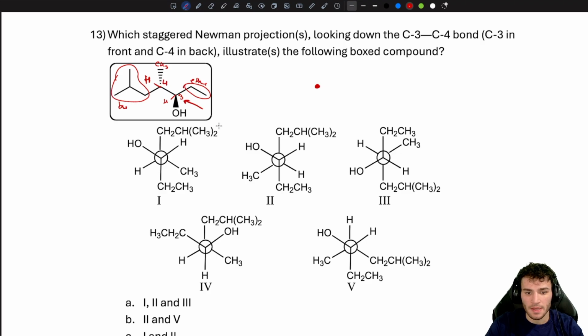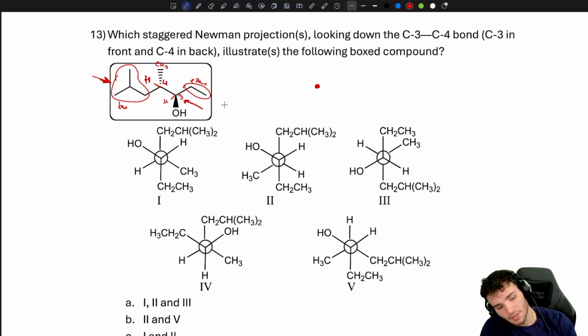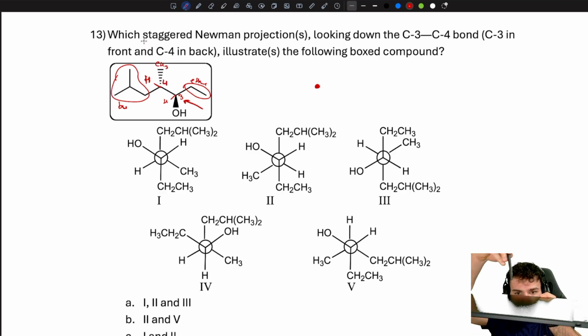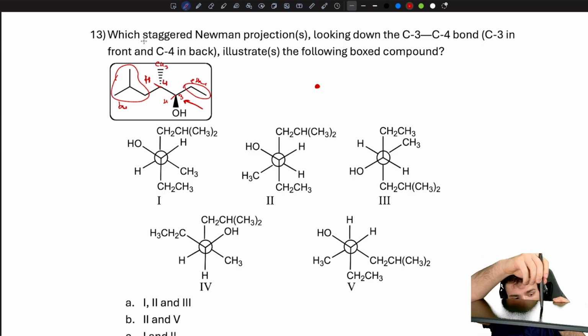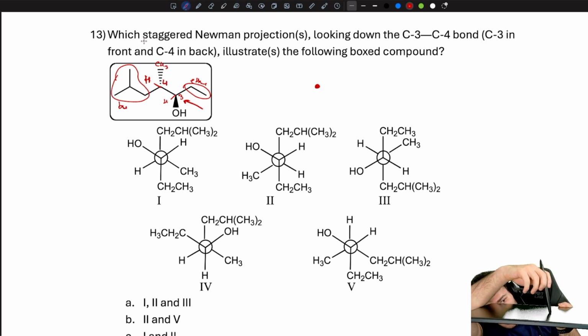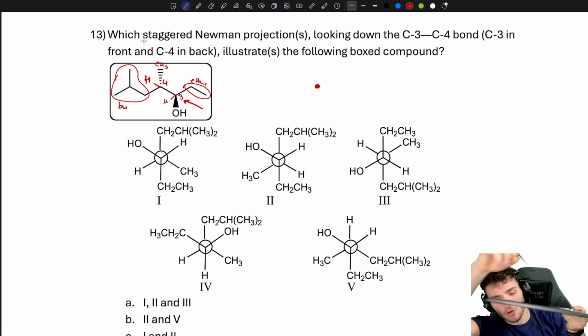The difference in this question from the previous two questions that we've done is we're kind of looking from the other direction. Before we were looking from this side, right? Kind of looking from this direction. But now we're looking from this direction. So you actually are just going to twist your head into a different side. So if your bond line structure is kind of like a flat piece of paper with your wedge sticking out, this time we're going to turn to our other direction, and our wedge is now going to appear on our